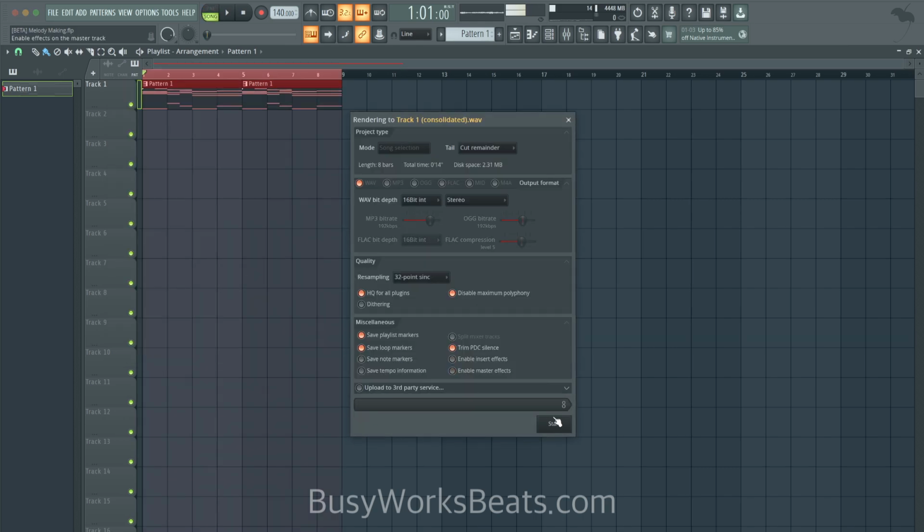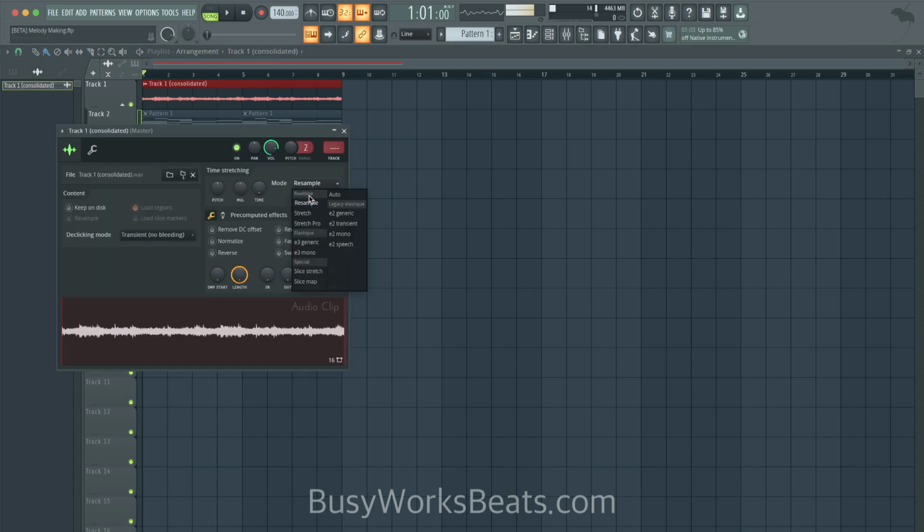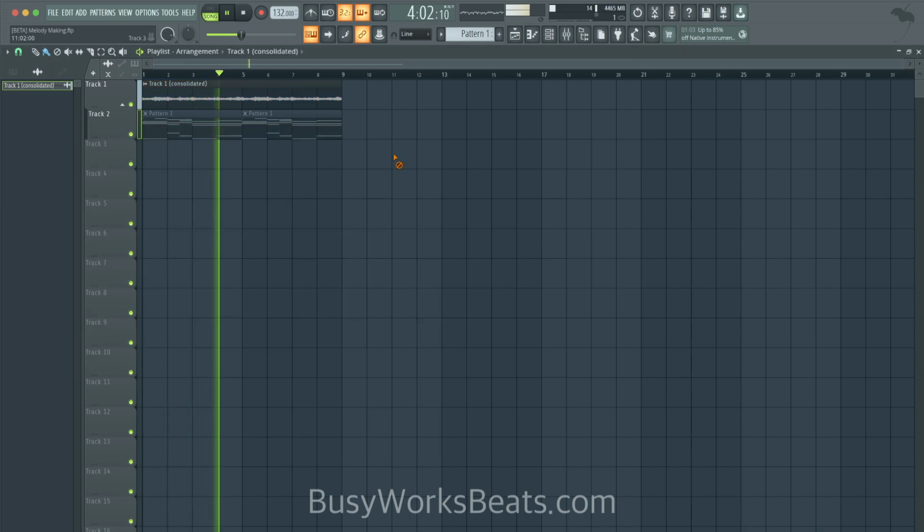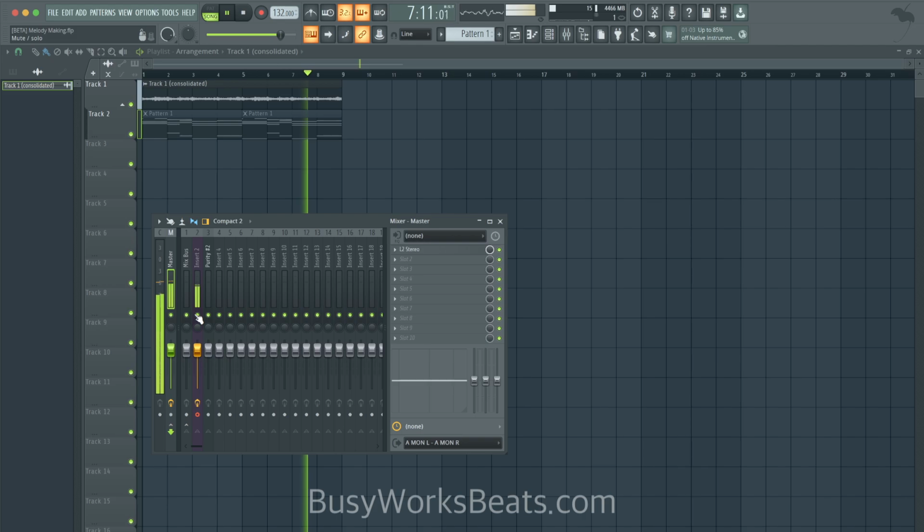Let's see what else we could add to it. Let's double click, go to mode, stretch mode, switch it back to resample, and then mess with your tempo. Now we have a dope vibe to the melody.